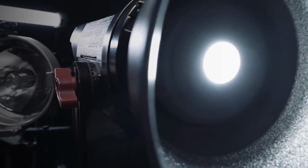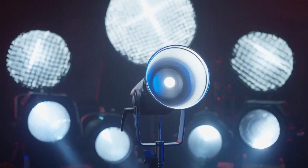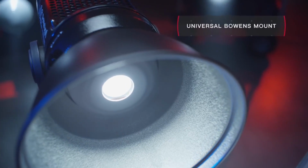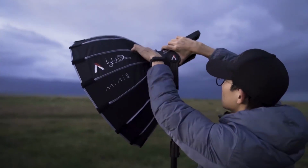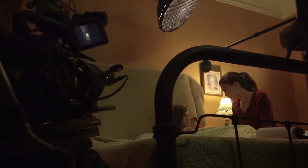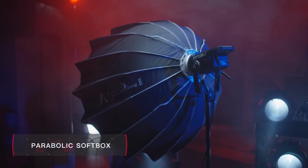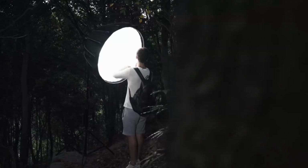The built-in yoke was redesigned to accommodate an expanded range of motion of up to 330 degrees. This feature lets you angle your light to perfection and point it anywhere on set. The 120D Mark II uses a built-in fan for heat dissipation without disrupting filming. It produces only 18 decibels of sound at maximum output, which is similar to the volume of a person breathing lightly. The body of the Aputure 120D Mark II is also made out of aircraft-grade aluminium, making it durable but